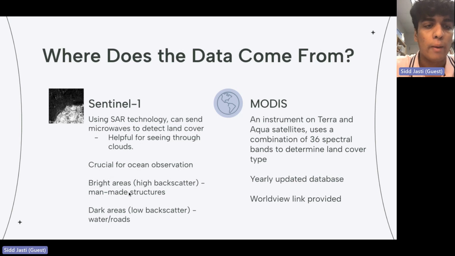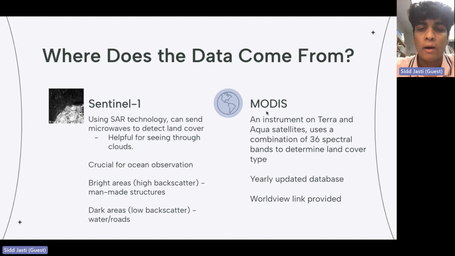So the bright areas are usually land or man-made structures, because those microwaves are bounced off the land and detected by the satellite, whereas water and roads, which are smoother surfaces, are more black. As you can see here, the roads are darker gray, and the water is almost completely black because the water absorbs a lot of these microwaves and doesn't really reflect them back. You can imagine shining light through water; it's not going to really reflect back.